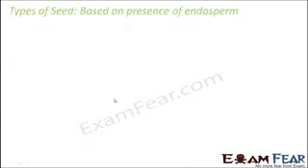Okay. Now let us look at the types of seeds based on the presence or absence of endosperm, because endosperm is not always present in all the seeds. By now you understood where the endosperm is present. Endosperm is formed from the PEC, and PEC is present inside the ovule, right? And the ovule later forms the seed. So basically it is present inside the seed.